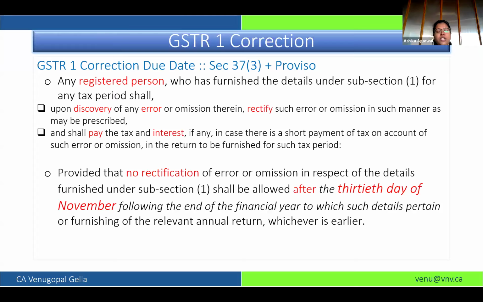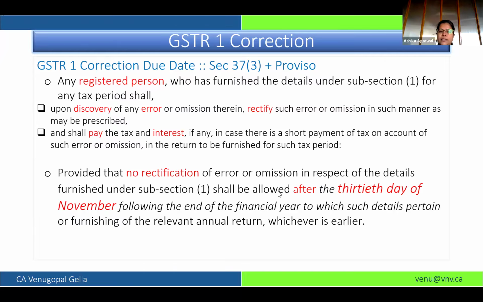So there are two ways to correct any declaration or reporting you made in GSTR-1 which appears to be wrongly reported, whether underreported, over-reported, or passed on to a wrong GSTN. All those corrections you can make by using the amendment facility or GSTR-1A. But GSTR-1A is limited to the tax period. If you are filing for that tax period, then you can correct for that tax period only. It does not cover any previous month's correction. In the current month's GSTR-1A, you can't do that.